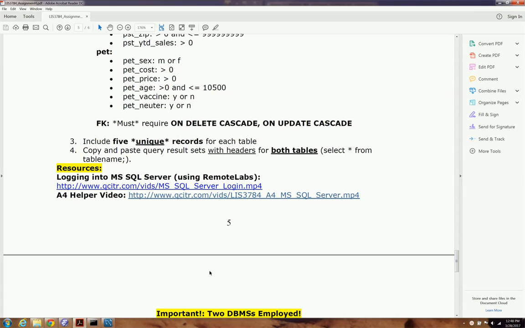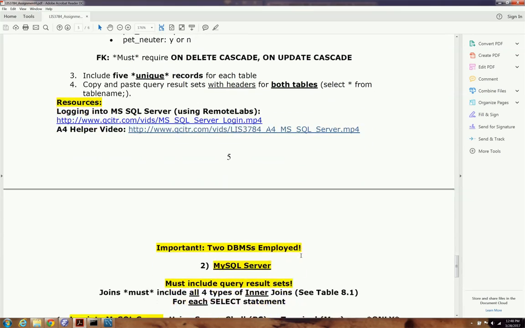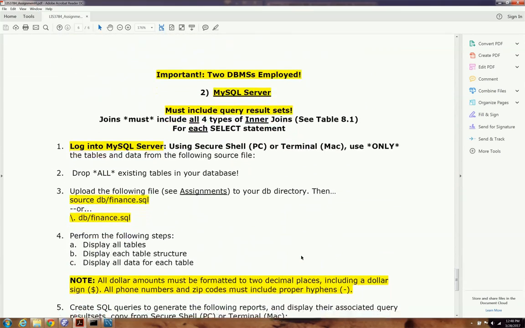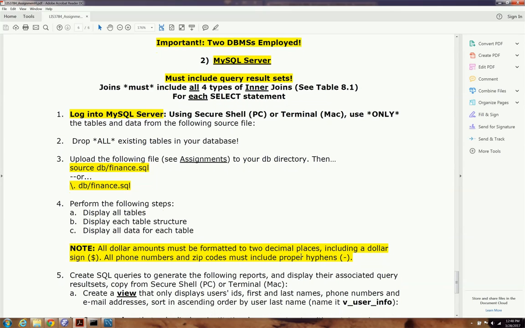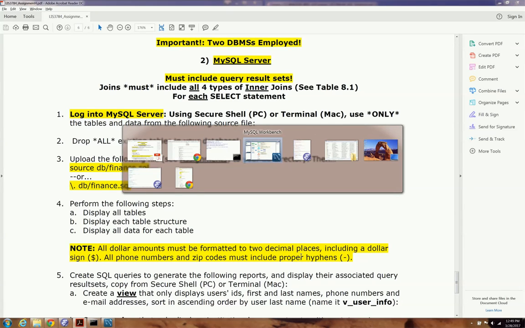videos, and in fact, here are the videos that you can use to perform and successfully complete the second section of assignment 4. The third section deals with, again, we're using 2 DBMSs, so the previous one was Microsoft SQL Server. This last section is back to MySQL. And we're going to be talking about doing views, store procedures, and transactions. And with that said, what I'd like to do right now is draw your attention to